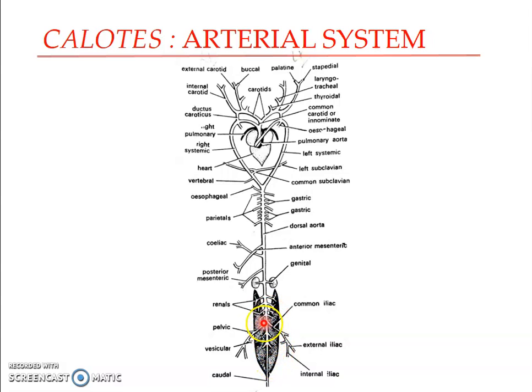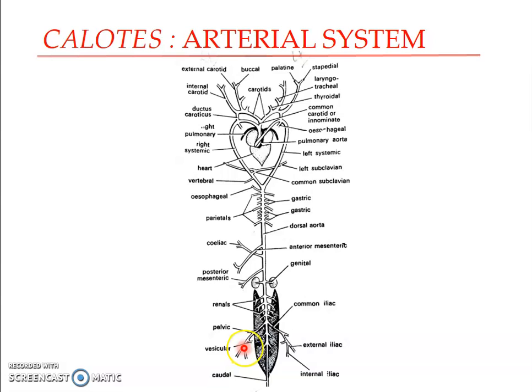Okay, and posterior to the renals, you can see the dorsal aorta gives off a pair of common iliac arteries, and each of these common iliac arteries further enters the hind limb of the particular side, and from each common iliac emerges a pelvic artery, which supplies the pelvic girdle, and later each branch divides into the external iliac and the internal iliac,